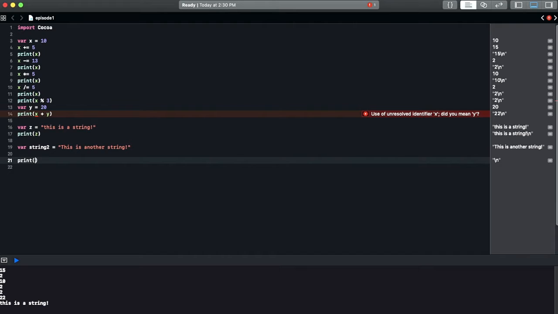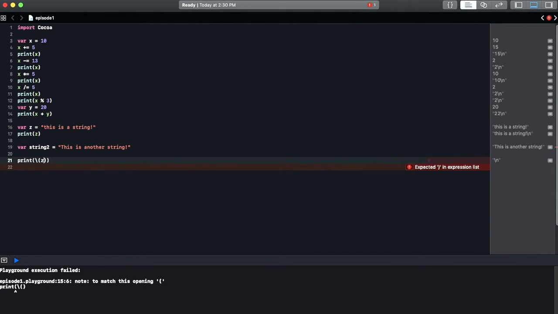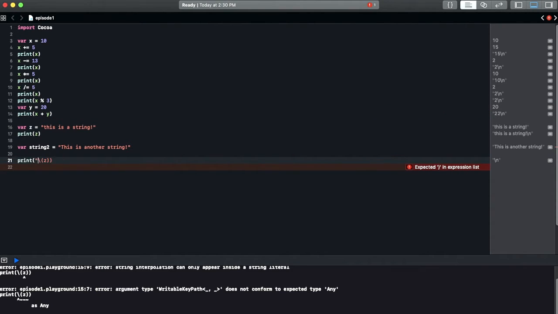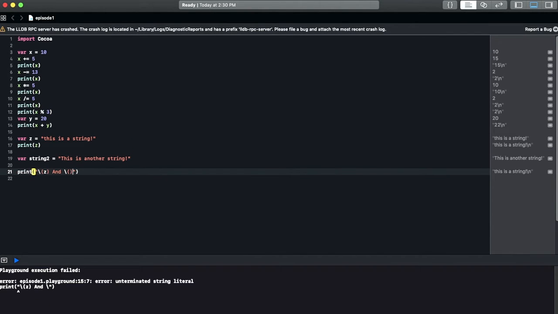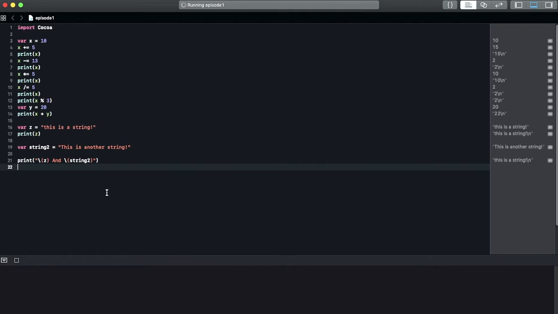You can interpolate them. Now how you do this is you put this parentheses and now the value, so it's z. Oh yeah, and you're going to want to do this in quotations so it knows that this is a string, not some other value. "Z. This is a string." And now we can do backslash parentheses string2. Nice. Now if we wait for that to all print out, you should come up with